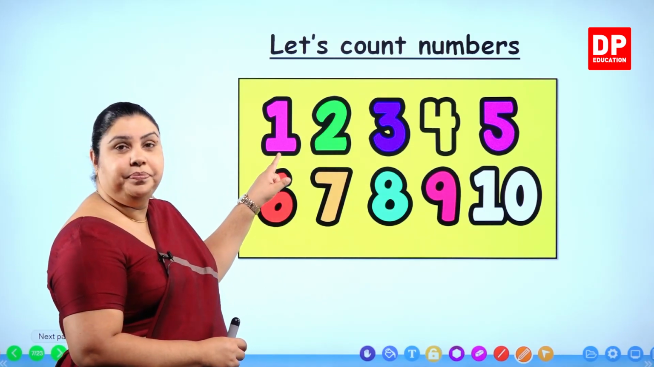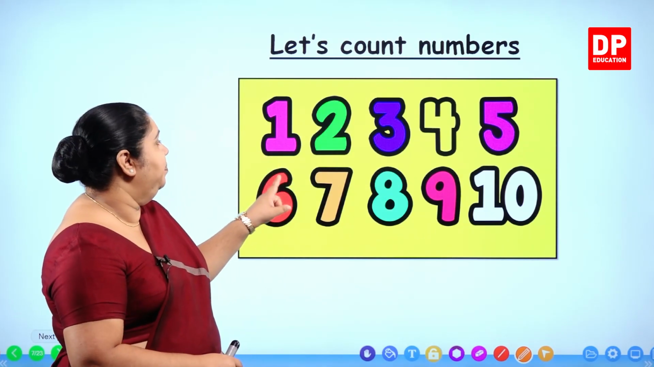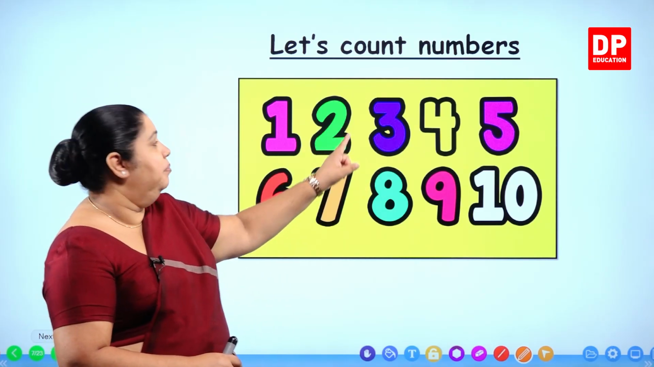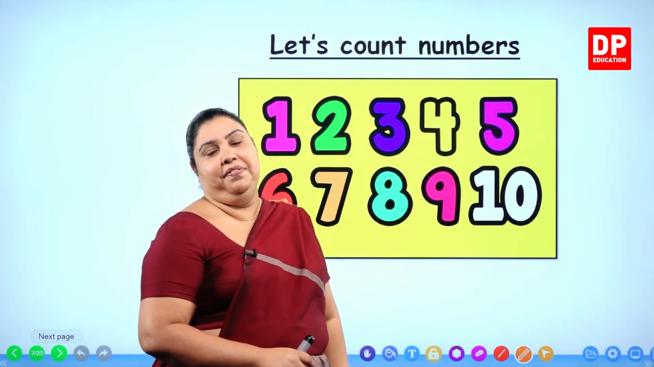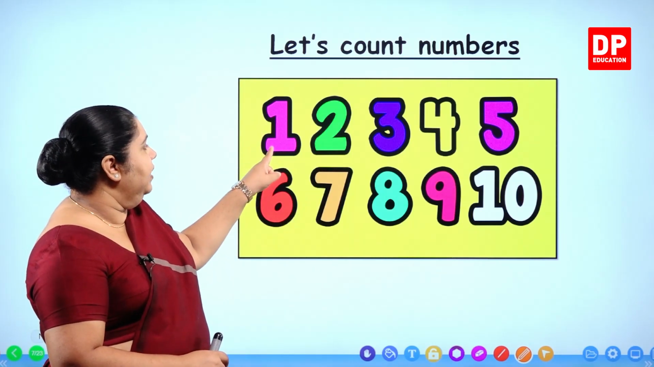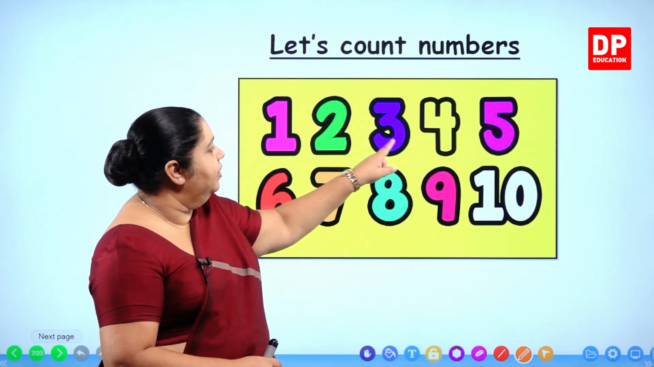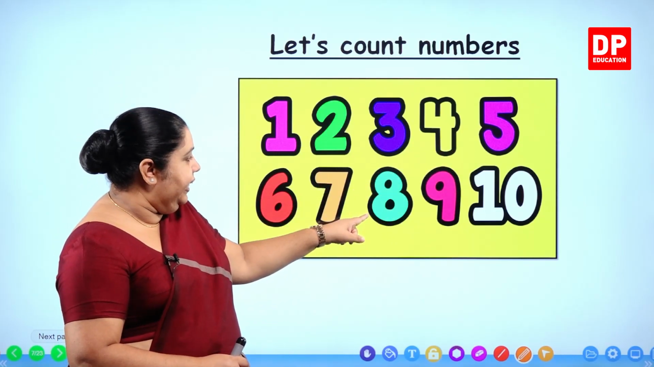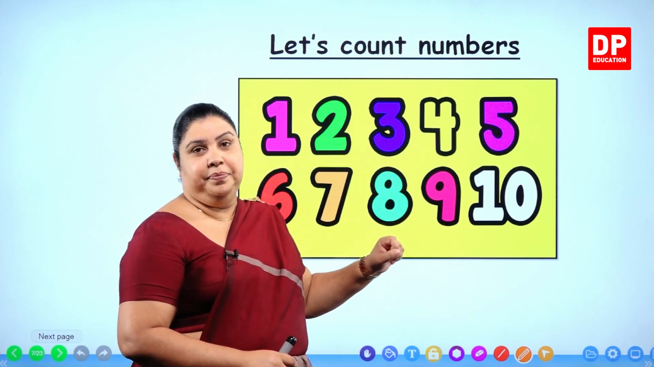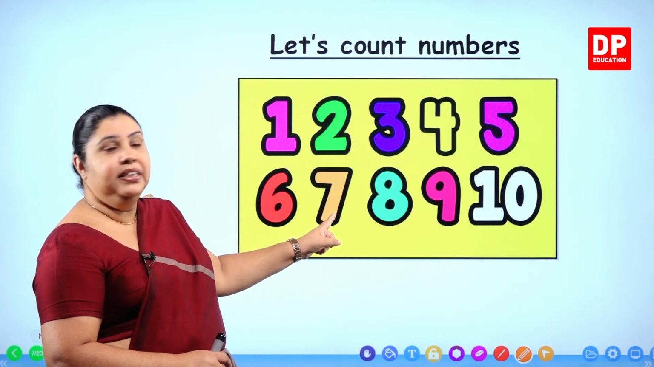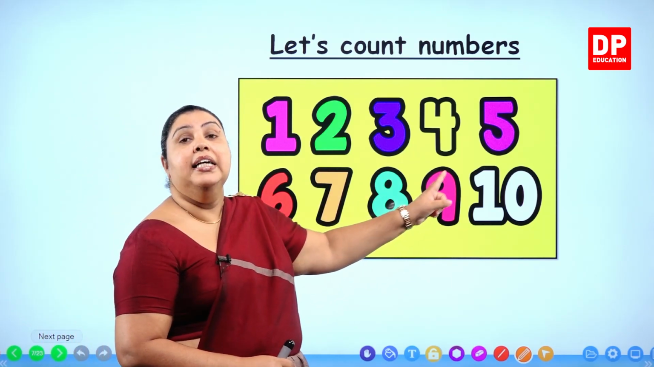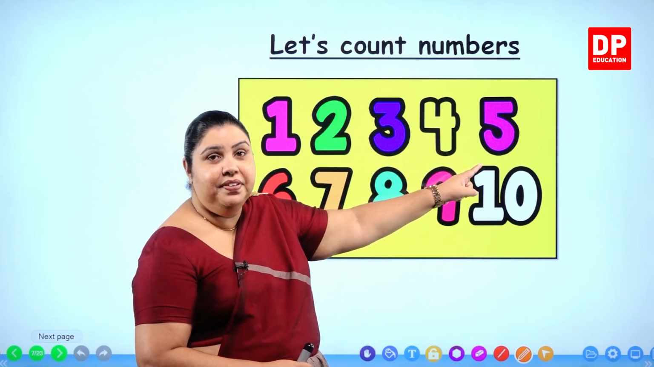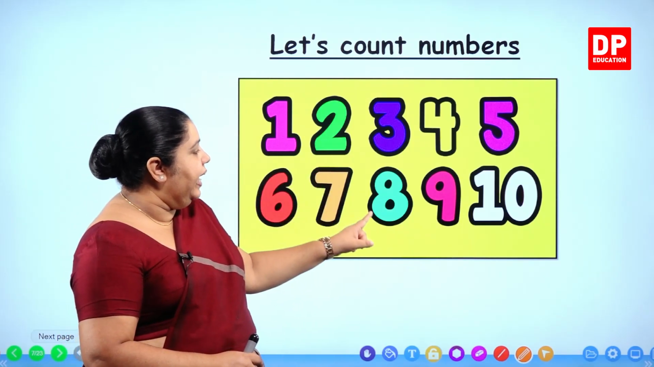What is the first one? Number 1. Then number 2, number 3, number 4, and number 5. What are the 5 numbers? 1, 2, 3, 4, and 5. 6, 7, 8, 9, 10. 1, 2, 3, 4, 5, 6, 7, 8, 9,